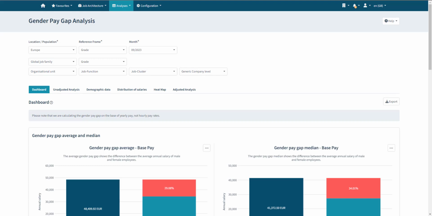Let's discuss a hugely important issue, equal pay, and more specifically, gender pay gap analysis within Gradar. Now, it's no secret that pay equity has become a much more prevalent discussion in recent times, and the legislation has never been stricter. We all know about the EU Pay Transparency Directive, US pay transparency laws, and others, meaning your organisation needs to be very careful around ensuring you're paying your employees fairly and you can defend yourself against equal pay claims. So meeting these requirements is not a suggestion, it's compulsory, and it's something we all need to